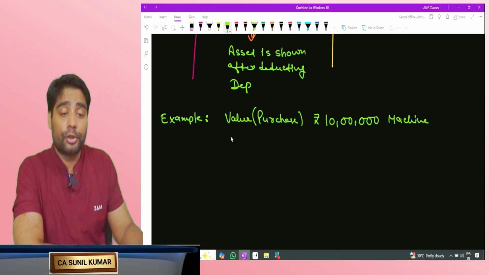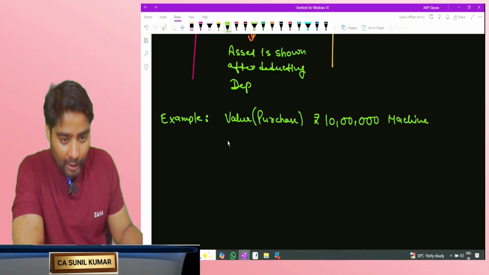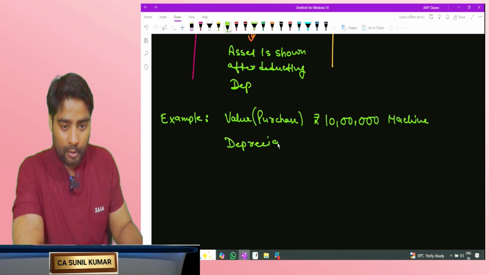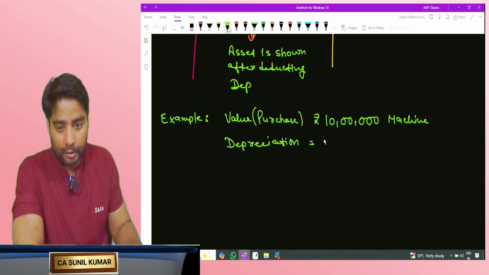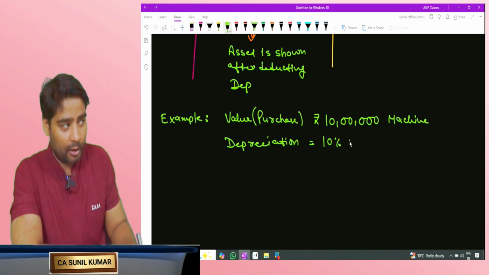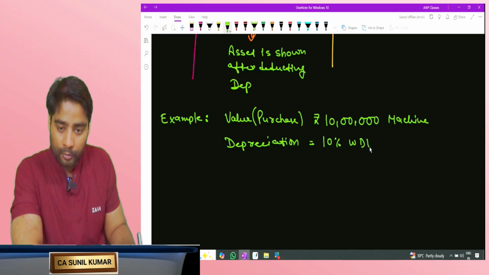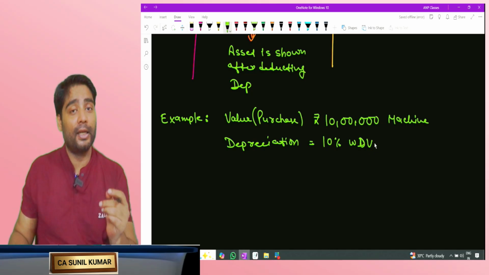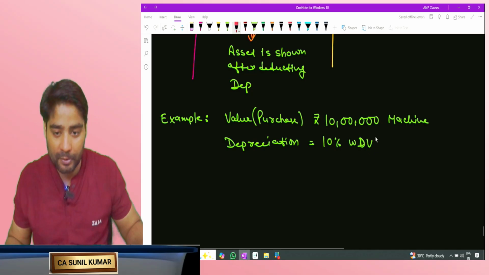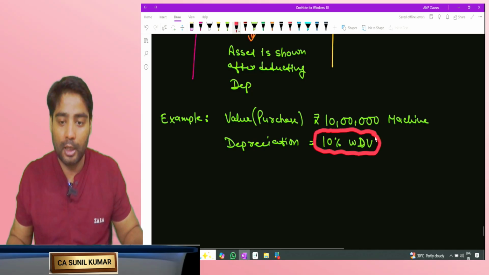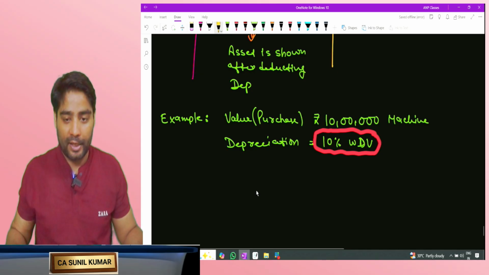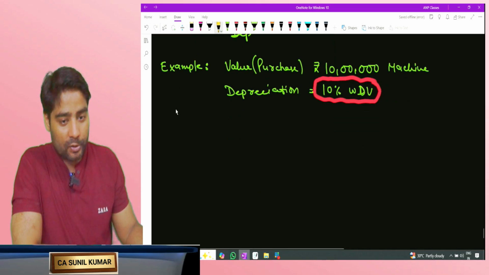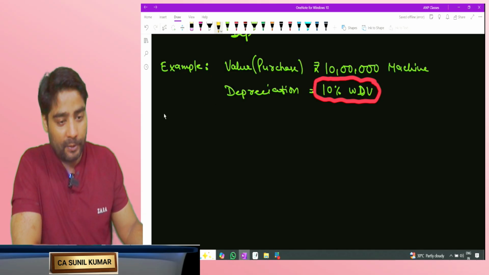And the charging method or calculating method of depreciation is 10% written down value. Now consider this, what I have taken here. I have taken the method of charging depreciation written down value. Okay. And what is the presentation in accounts? So presentation or recognition, it will be, write down,